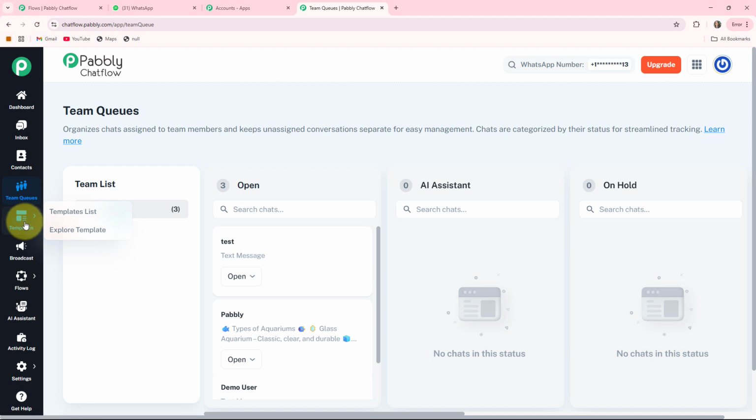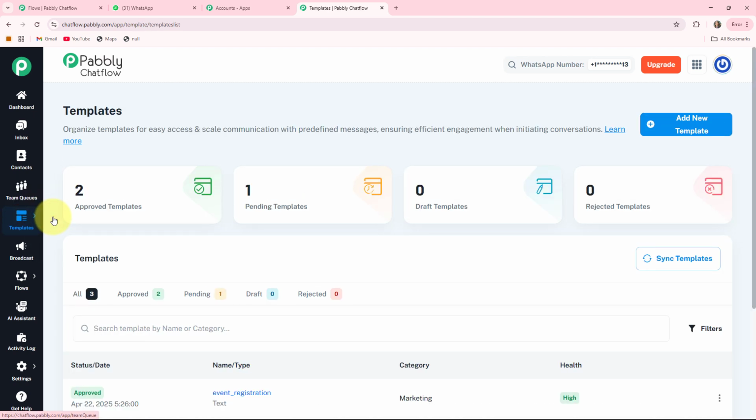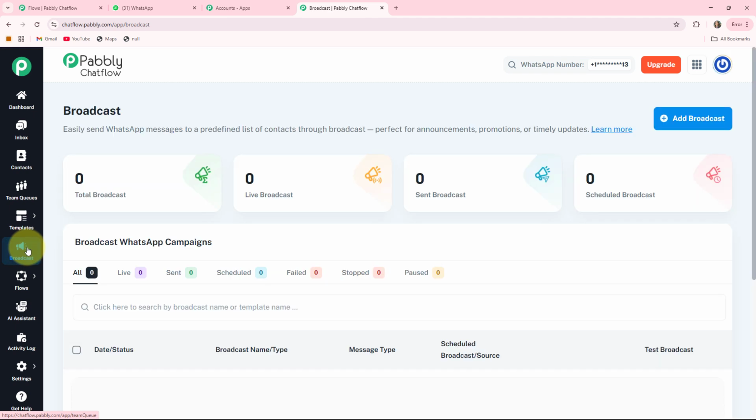The fifth one is the template. It is just like a pre-approved WhatsApp template. These are required for initiating a conversation if the customer has not messaged you first. The sixth one is the broadcast. It is used for sending bulk messages to many users at once, and it is also used for promotions, announcements